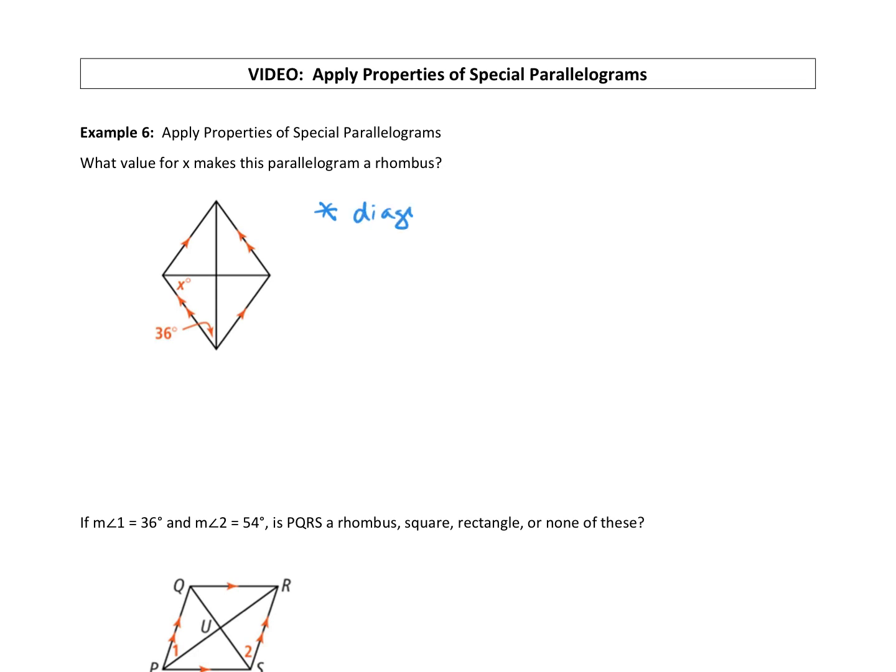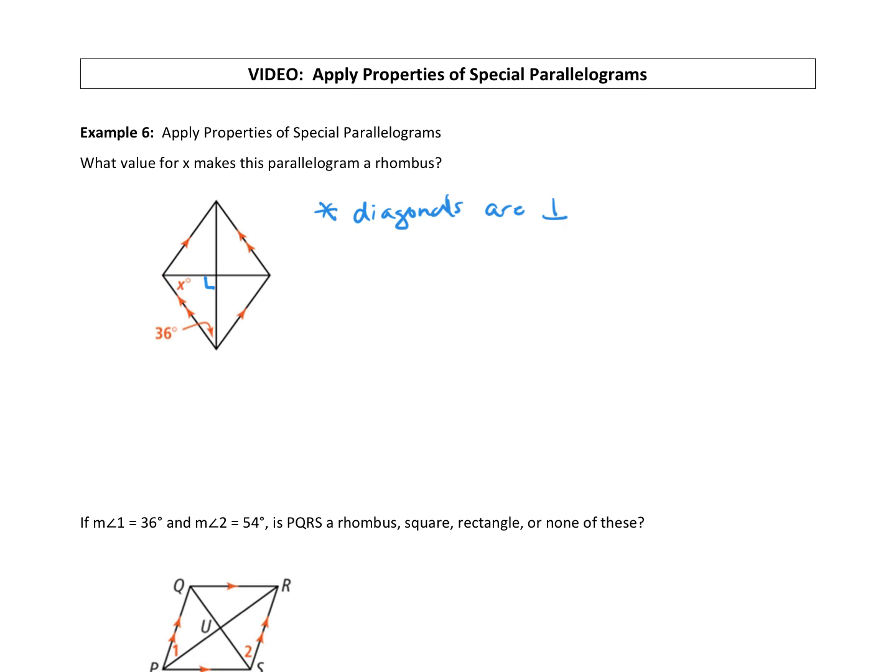The diagonals of a rhombus are perpendicular. So if we look at our picture, we have perpendicular diagonals. So we have right angles. Well, that's also a right triangle right there, isn't it? We've got this triangle. We know that this is 90 degrees. We know that this angle is 36, and the angle we're looking for is that third angle in this right